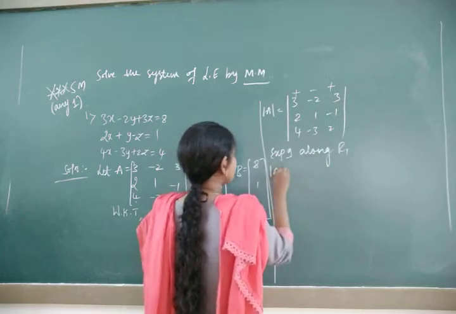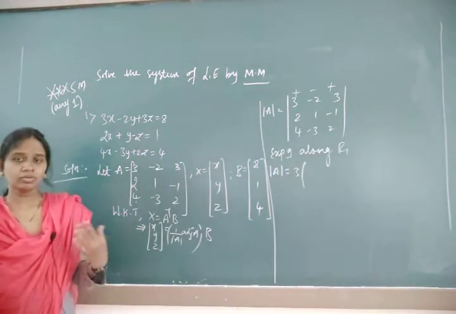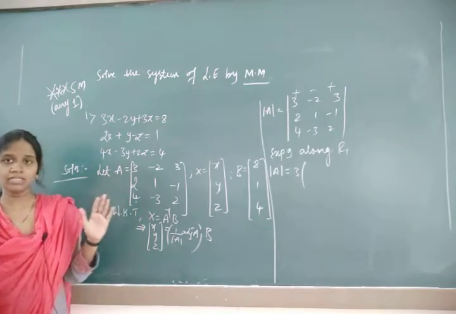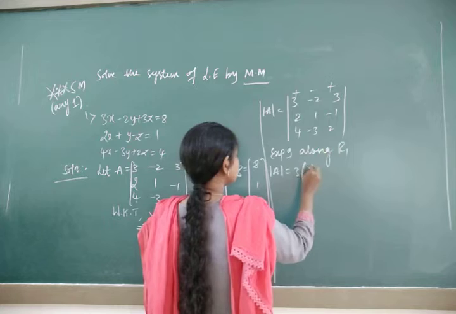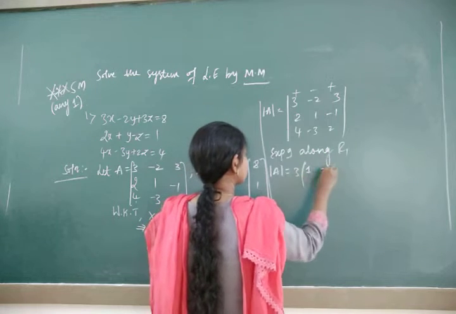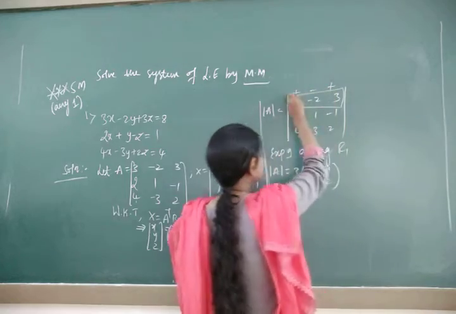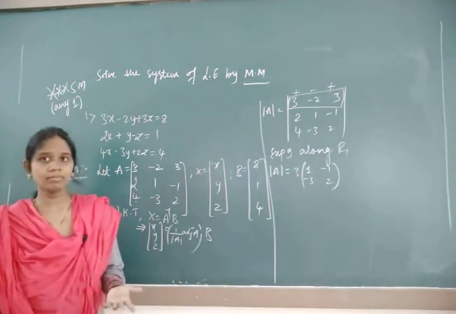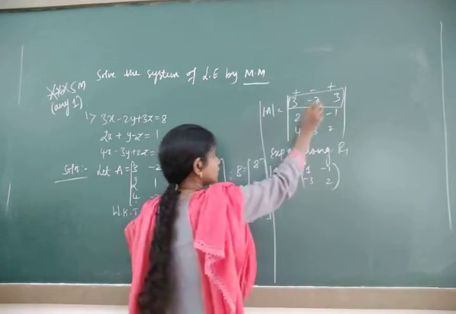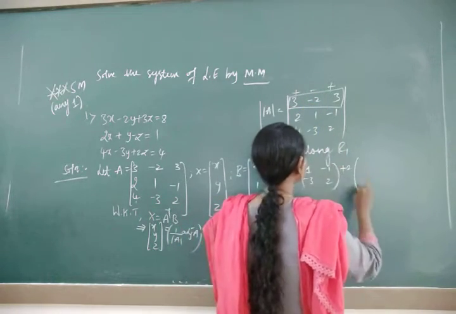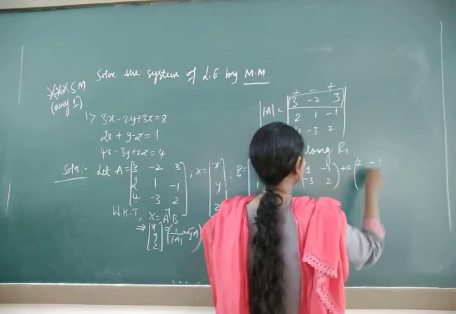So determinant A is equal to 3 of 3. You know that wherever 3 is present, delete that row and that column. It remained as 1, minus 1, minus 3, 2. Because this row will be completely eliminated, one by one column will get eliminated. First column will be eliminated. This is minus 2, minus into minus plus 2. Now the second column will be deleted. It means 2, minus 1, 4, 2.